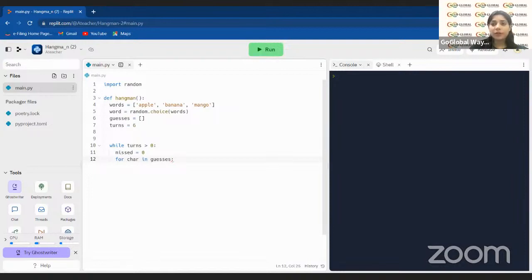Oh, sorry. First, we will take for char in word. Word is actually the computer choice. So we will run our for loop for the word, right? And then after running the word, we will put the condition over here that if char, my character, in guesses,